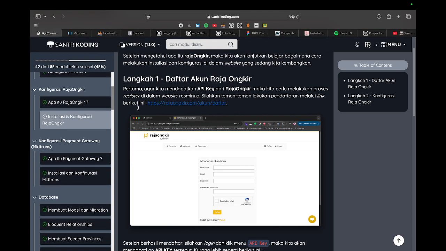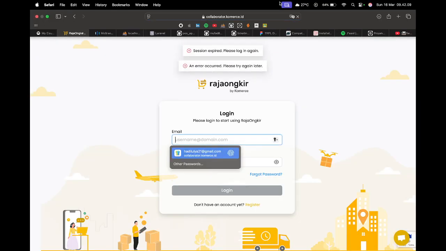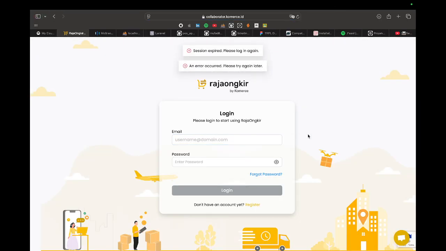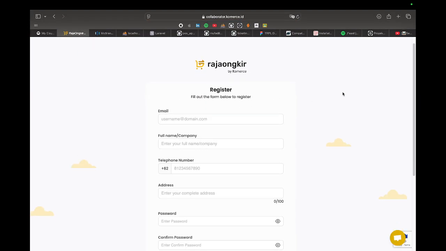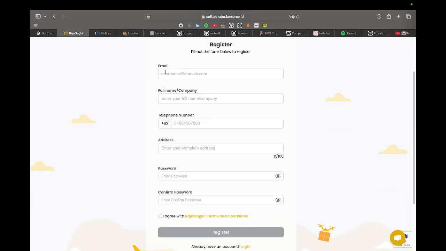First, you must make an account on Raja Ongkir. If you don't have an account, just register. Use your email and your company.